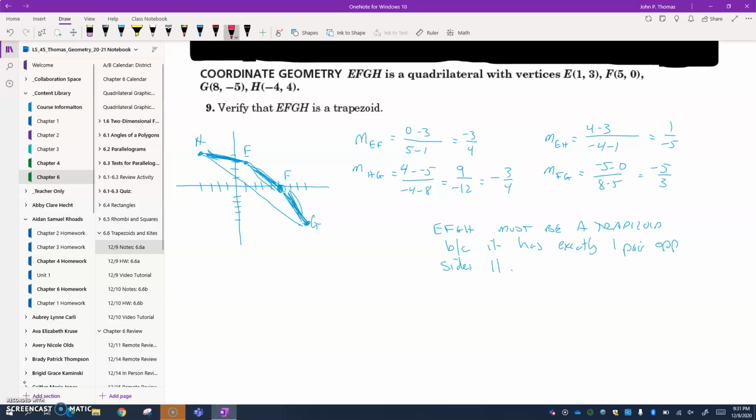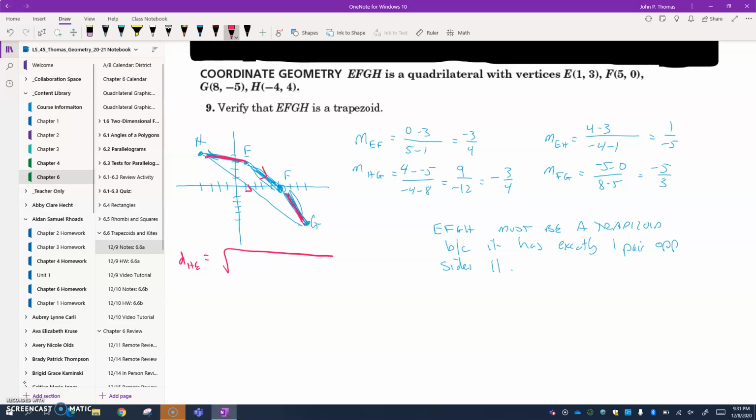So those two edges here and here are the two places where we could have congruent legs. All right, we always want to check the legs. We know the other two are the parallel sides, so we're going to go into the legs. So I'm going to do the length of HE, so DHE, and if I do that, we've got square root,